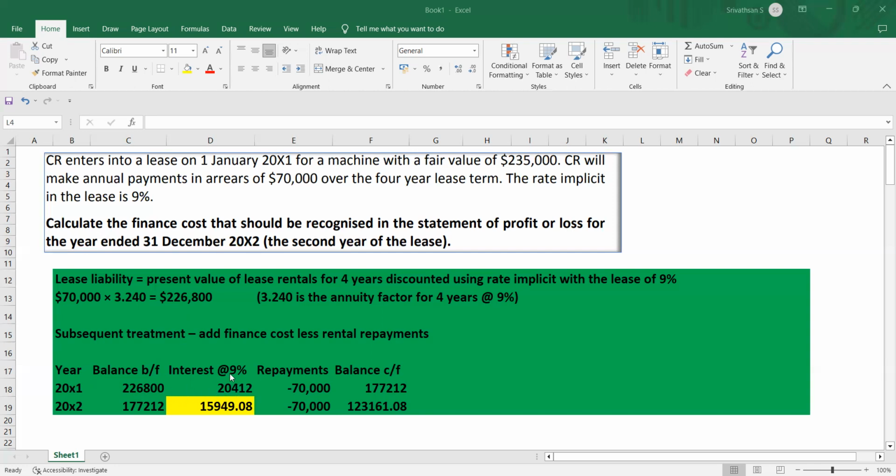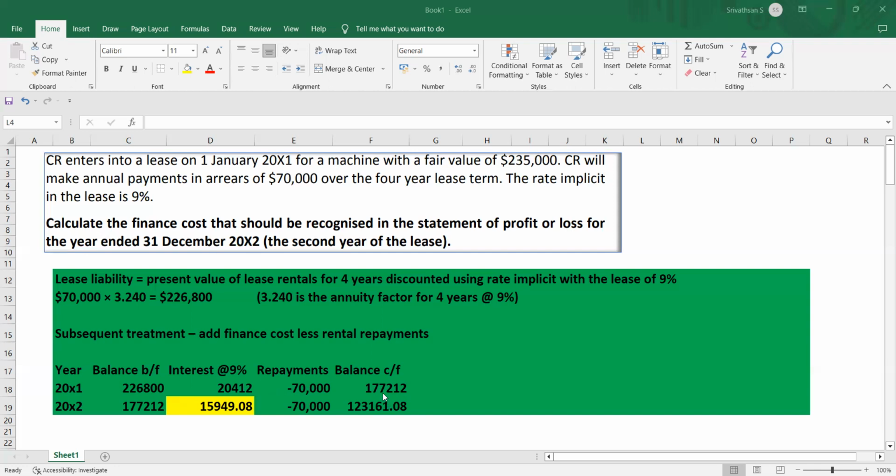You just apply 9% interest on this number, you get 20,412, and a repayment is made at the end of the first year. A repayment of 70,000 is made. So you just deduct this. So add the interest charge to this number and deduct 70,000 from this number, and you get a balance carried forward of